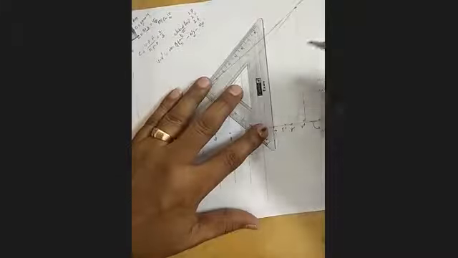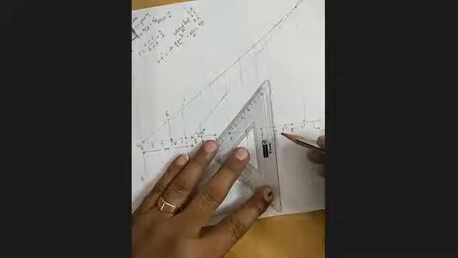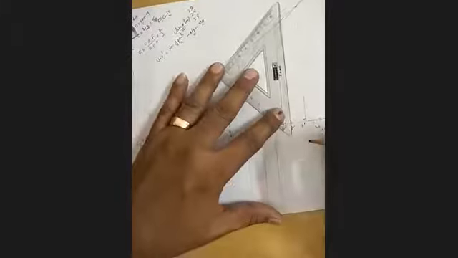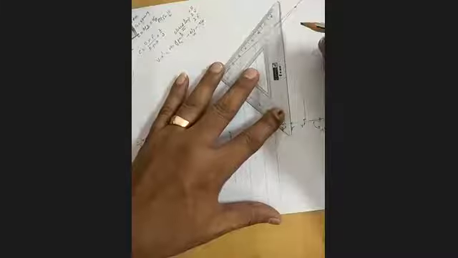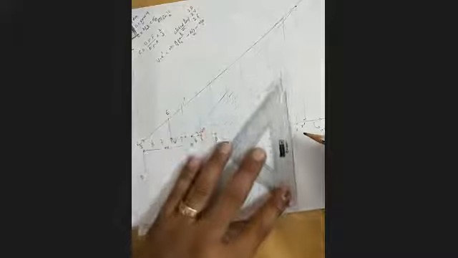All lines up to 8 lines we divided. I have not measured equally. You see, I intentionally kept uneven values. Somebody may ask, sir, can we keep them equal? It is left to you. There is no hard and fast rule. The ultimate aim is that we want a number of points.